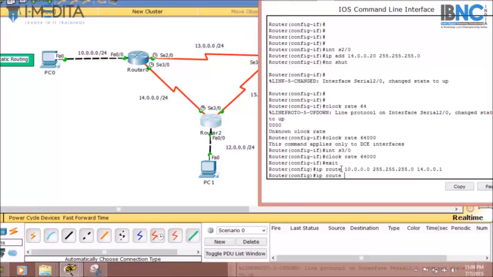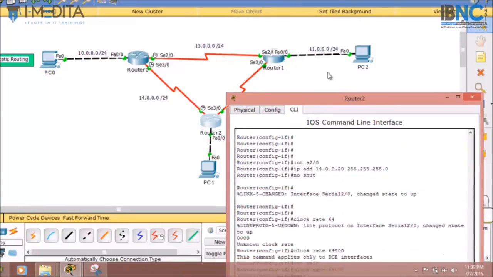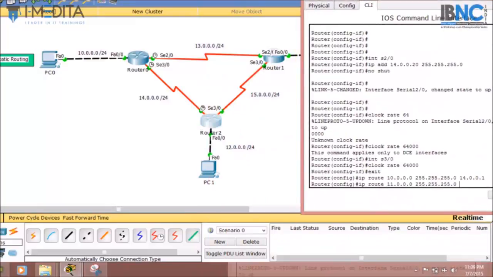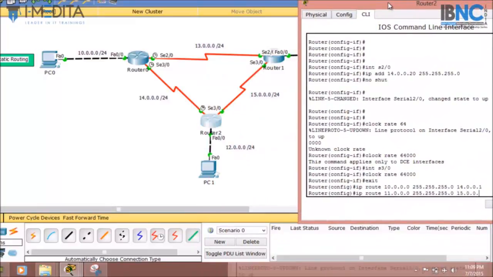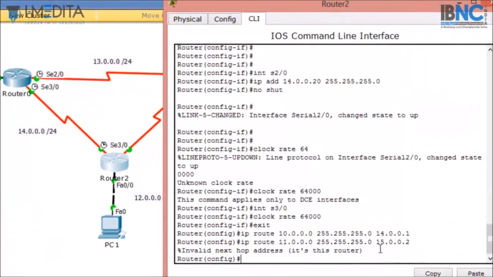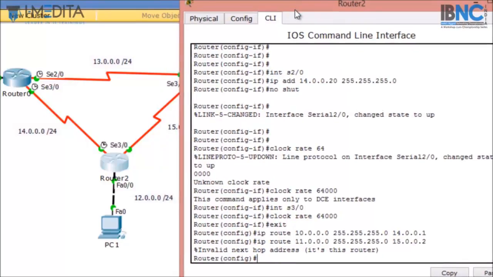Again IP route 11.0.0.0 with subnet mask and the forwarding router's address, that is 15.0.0.2 and hit enter. Okay, I have entered 15.0.0.2 and it is showing an error: invalid next hop address. This is this router, so here this is the IP address of the serial 3/0 interface. So I have to type .1 and hit enter.